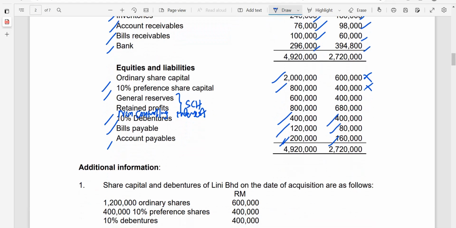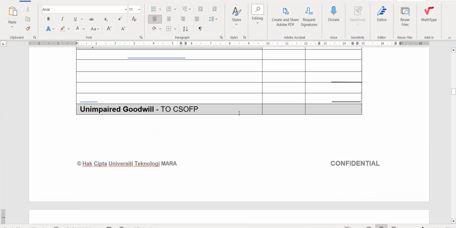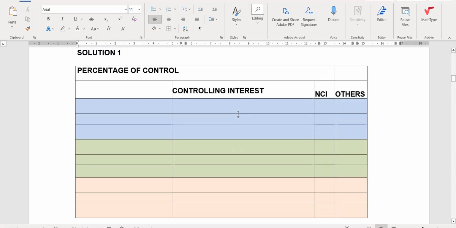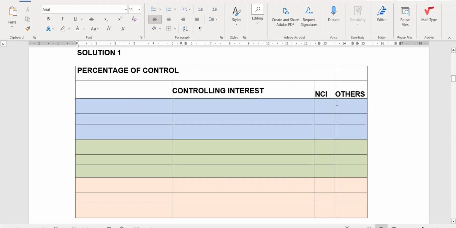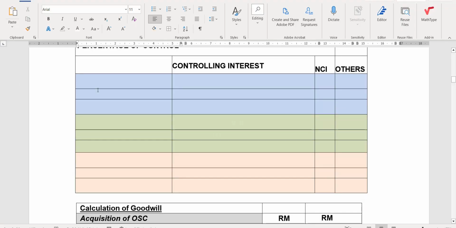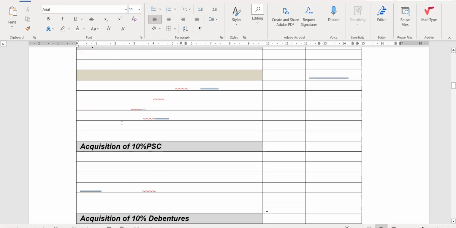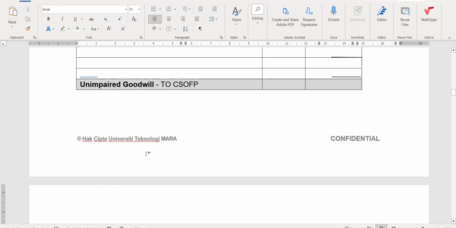So what you can do is first set up a template which will have those items needed to get the marks, especially in the preparation of the consolidated statement of financial position in the final exam. Here I have prepared a template for the calculation of the controlling interest for all the three acquisitions: ordinary shares, preference shares, and debentures. I have also prepared a template for the calculation of goodwill separately for ordinary shares, preference shares, and debentures, and also